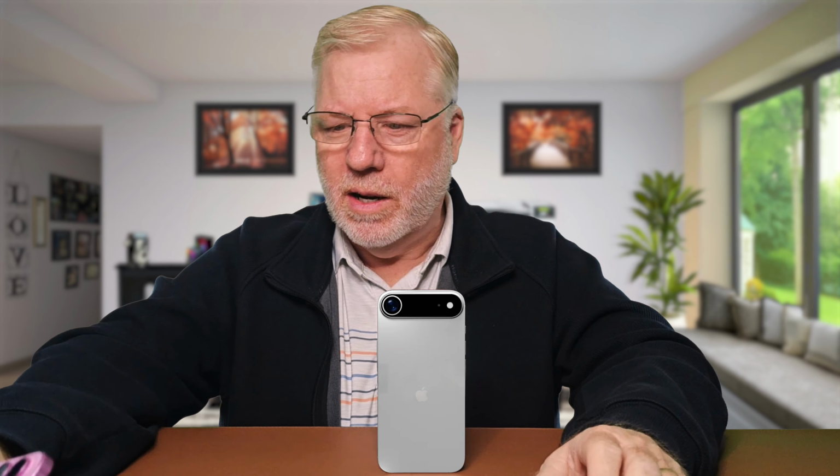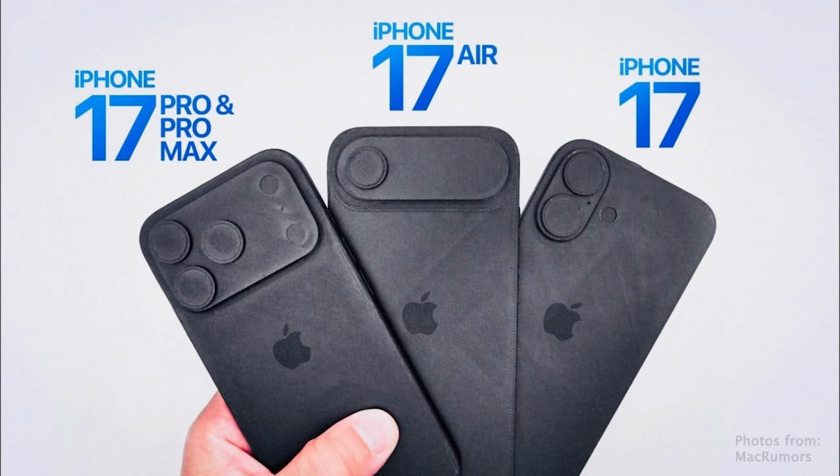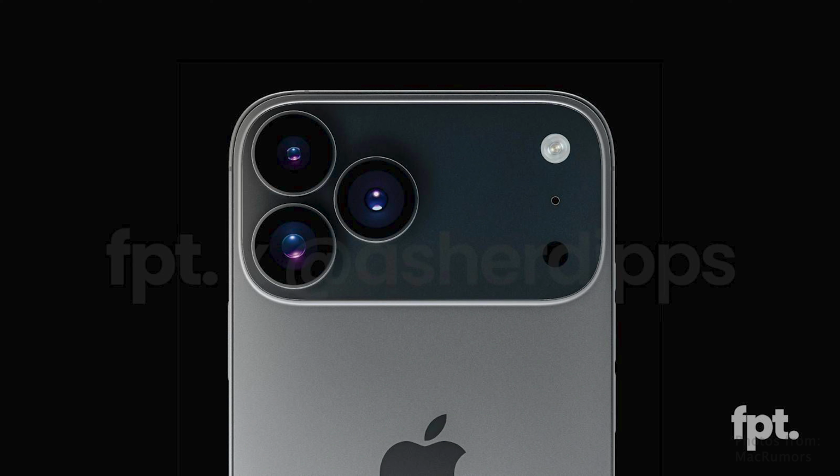Now, if you look across the internet and watch some videos, you'll find that some of the rumors are saying that they're actually going to go a full cross bar on the Pros as well, but it'll be a thick bar, and they're still going to stay with the same pattern of cameras. It's just going to be a big old long empty space with a flash on the other side, and maybe